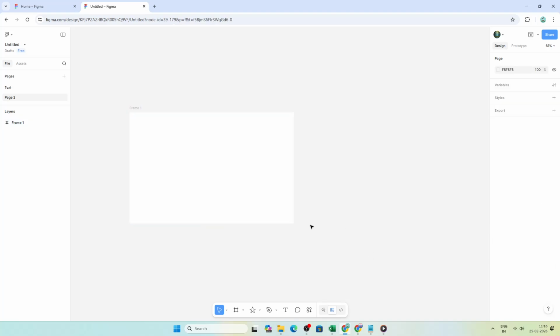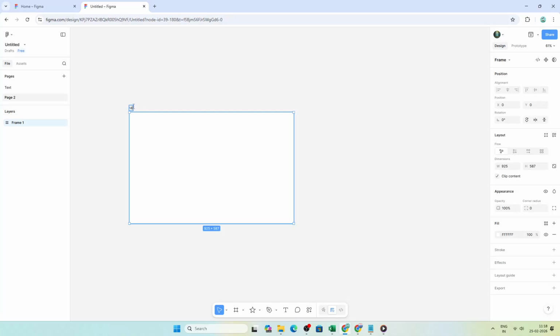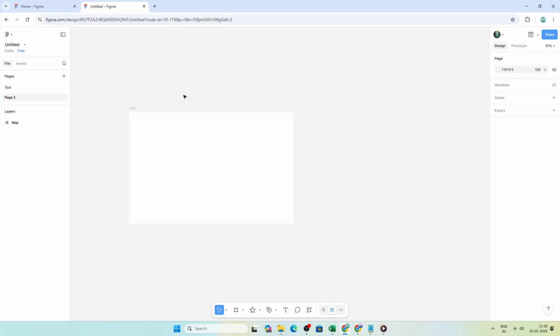In today's video, I am going to teach you how to add a map on Figma using the Mapsicle and Figmap plugin. By the end, you'll be able to drop a clean, customizable map directly into your Figma design without leaving your canvas. First, open your design in Figma so you can see the frame or area where you want the map